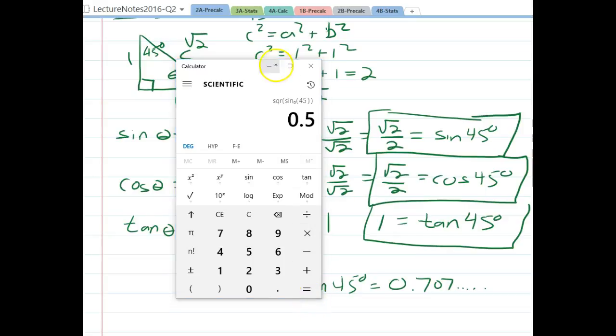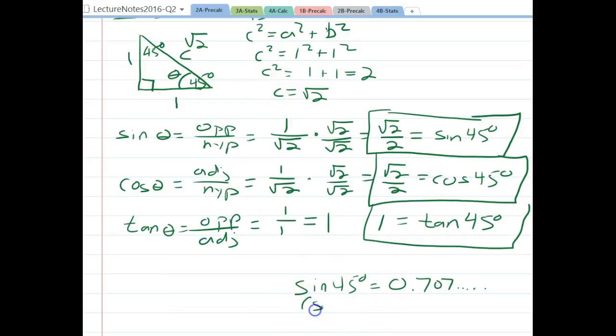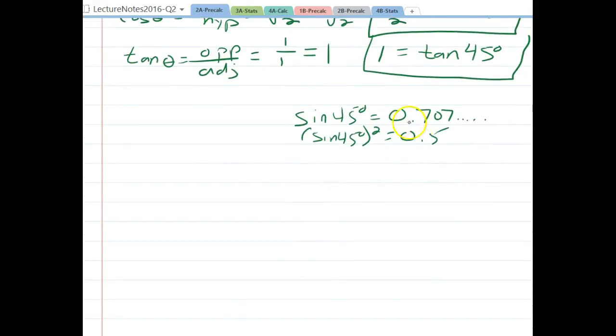So what that means then is that if I take the sine of 45 degrees and square it, I got 0.5 exactly. It was not an irrational number. It's exactly 0.5. So if I square root both sides again,